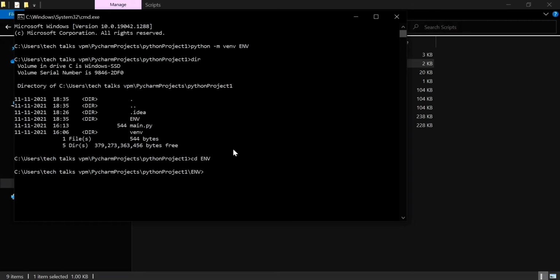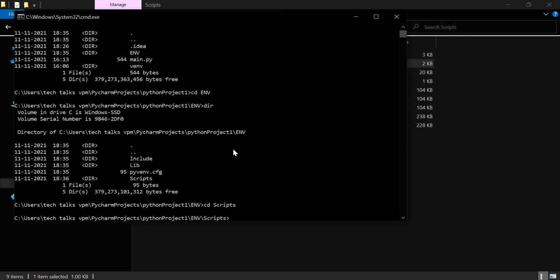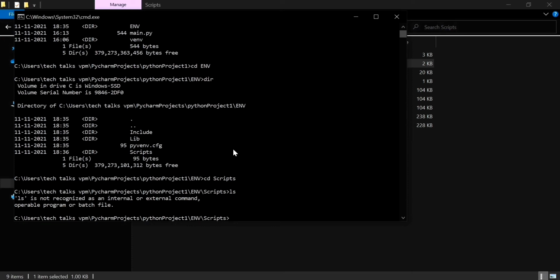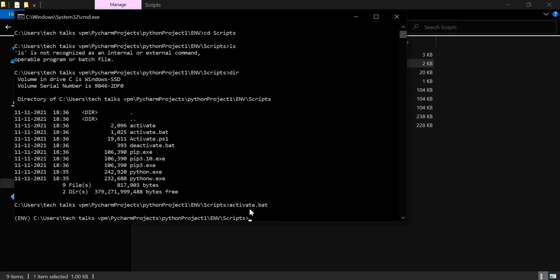Now we have to activate this environment. We need to go to that virtual environment, right? So to activate it, just go into that env folder, then go to the scripts folder. Then you just run the file activate.bat. This bat file you can run by just typing activate.bat. Okay. Once you have activated this, see, now we are standing in the environment. You can see the env label on the left-hand side of this command prompt, so the environment is activated now.